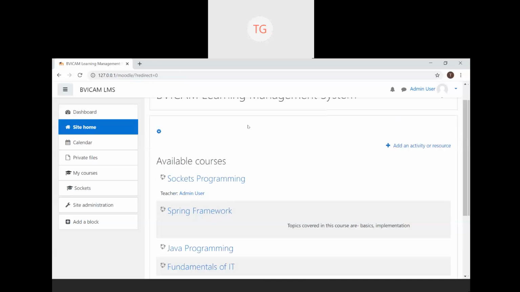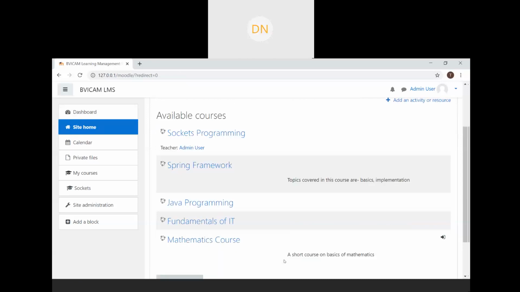Site Home, it will come either in the lower options also. You can scroll in the left panel. There is this option of Site Home. I am able to see Site Home on the left side top. Perfect, sir. Perfect. Click on it. You see a listing of available courses.